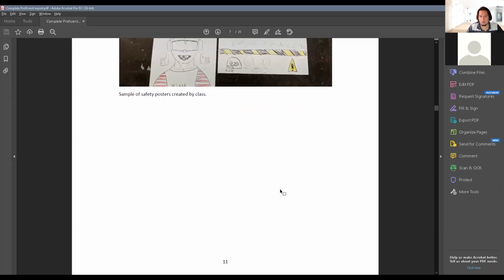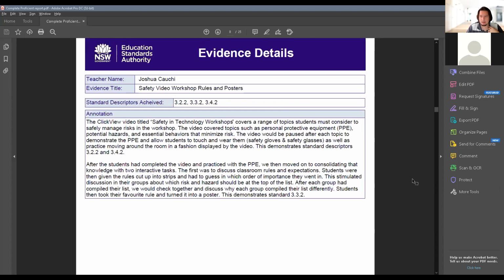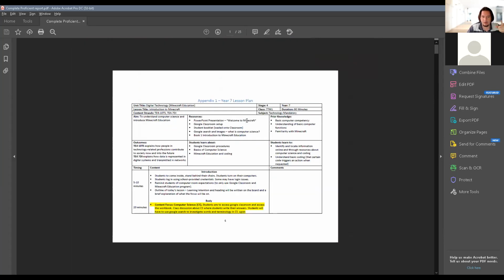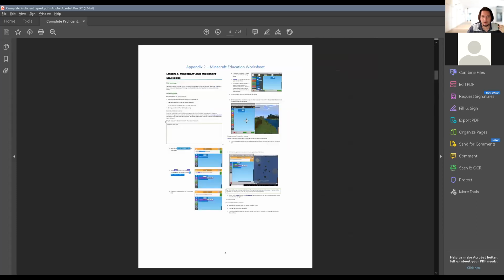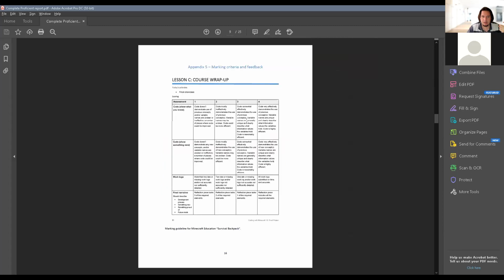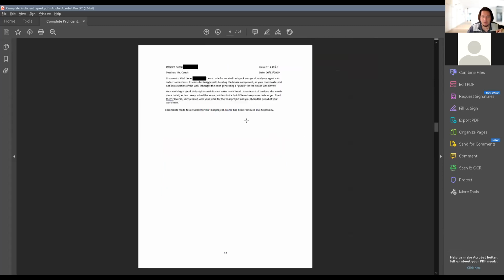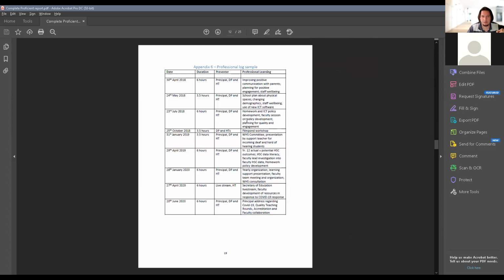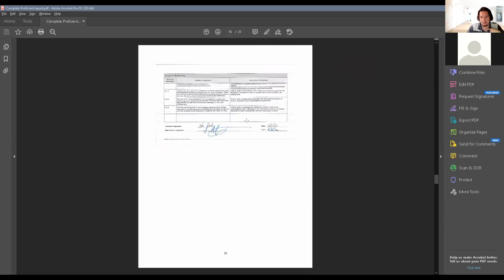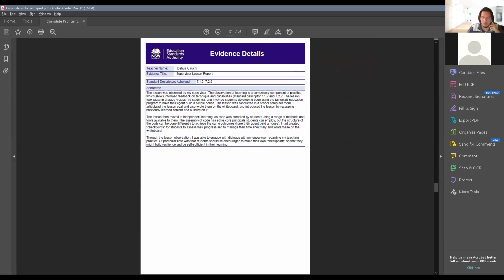If we were to look at my report, the one that I submitted, I had evidence 1, evidence 2, evidence 3, evidence 4, evidence 5, evidence 6. So I had 6 pieces of evidence. My observation report counted as my 7th piece of evidence. I used my observation report for 7.1.2,